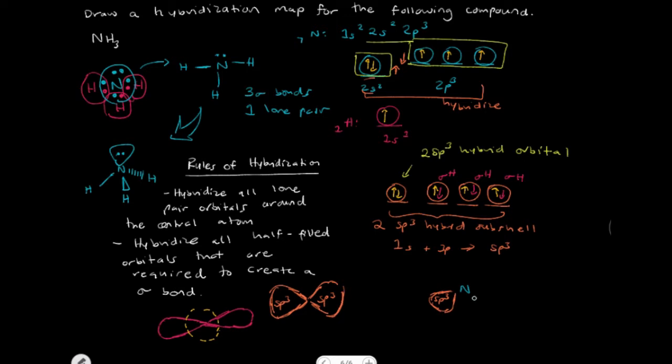This is sp3. Right, we're trying to use this, it's going to be in the form of a trigonal pyramidal structure. It's a type of tetrahedral structure. And we're also going to have an sp3 hybrid orbital for the lone pairs. So the lone pairs are going to be found in an sp3 hybrid orbital, because we want to make sure